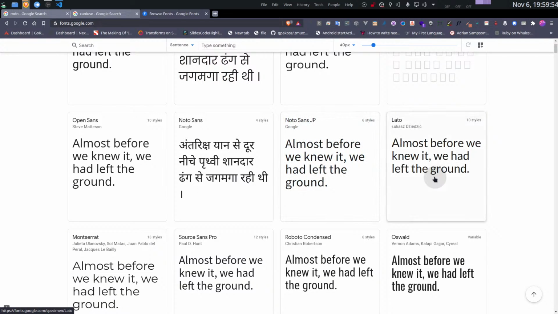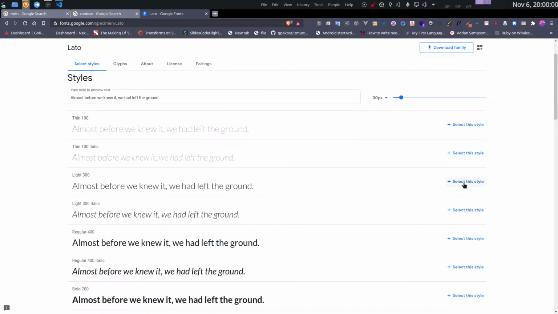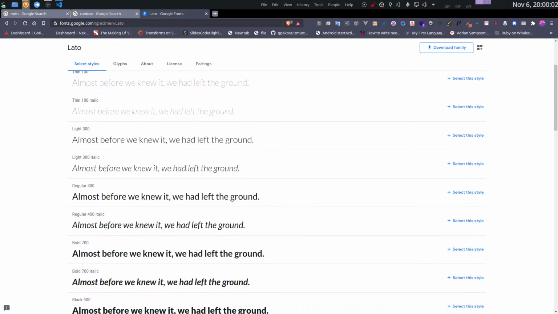If you like some font, you can click on it, and if you want, you can download it, or you can individually select which type you want, light,